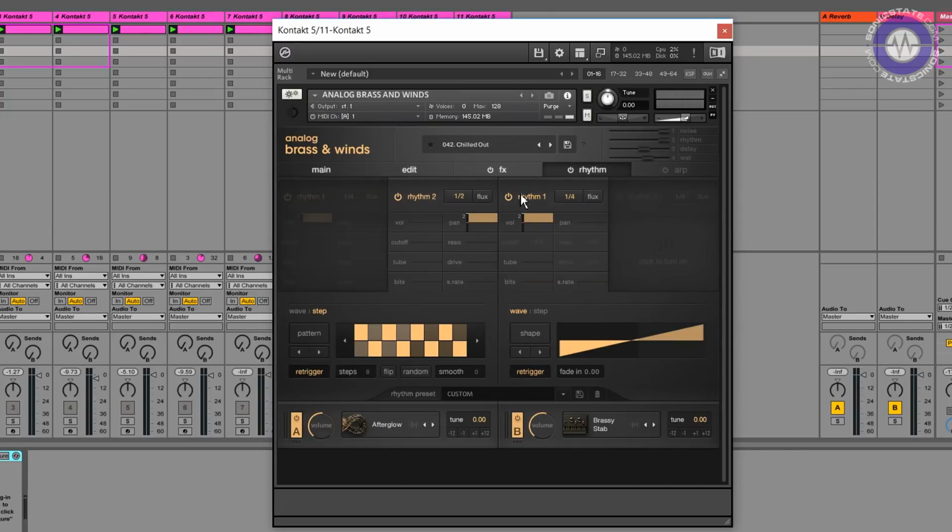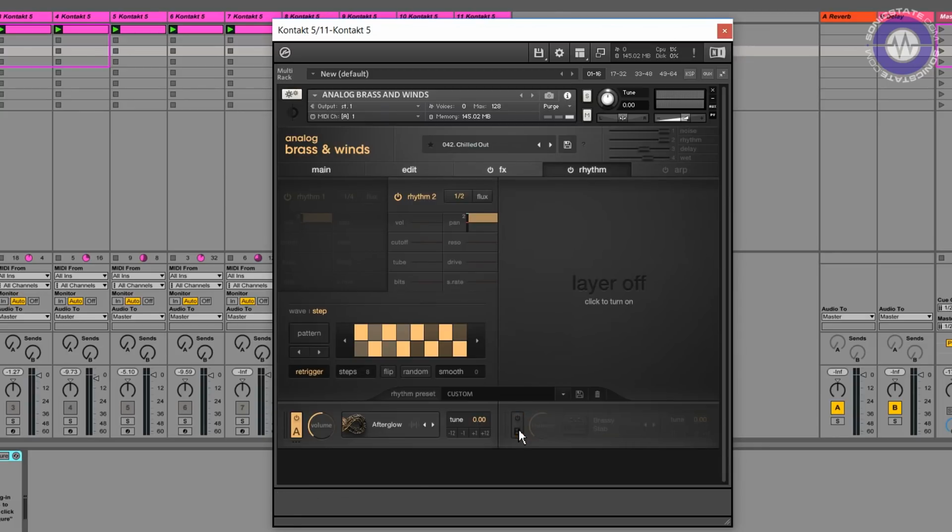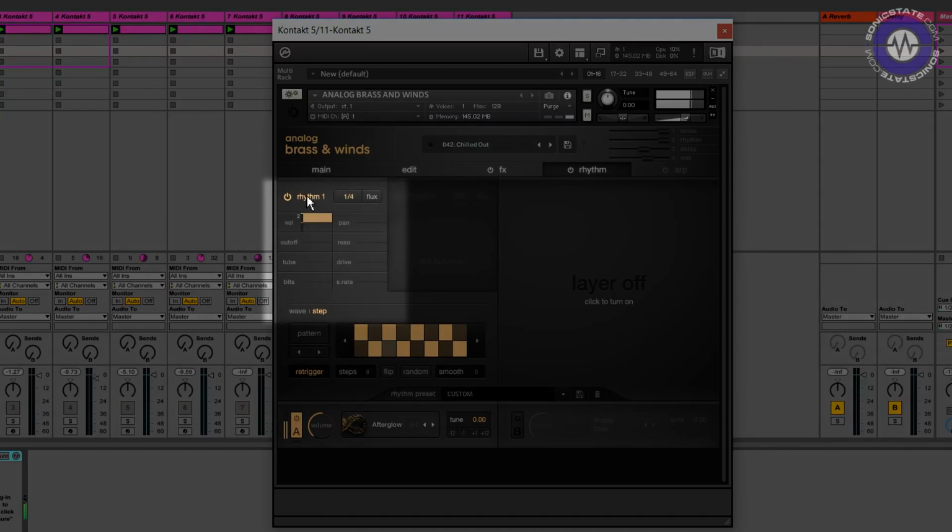Next in line, we have the Rhythm tab. Each layer has 2 rhythm modules, so there are many possibilities to add movement to the sounds. I am going to mute one layer to show the different modulation options more clearly. There are 8 modulation destinations that include volume, pan, filter cutoff, and resonance, as well as 4 parameters related to